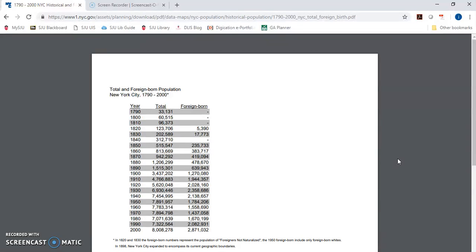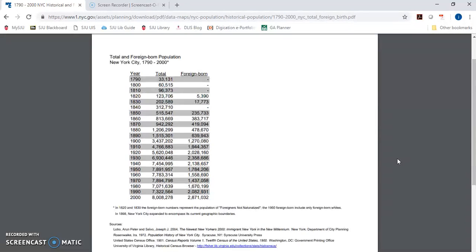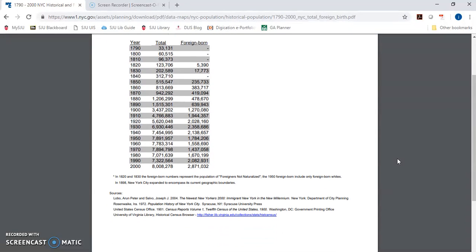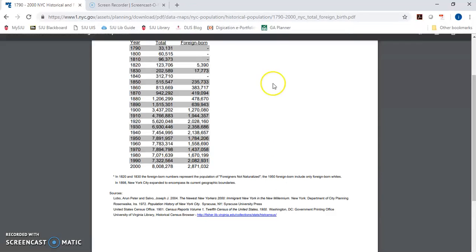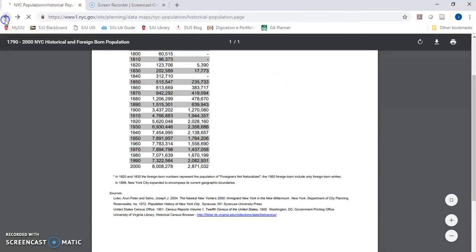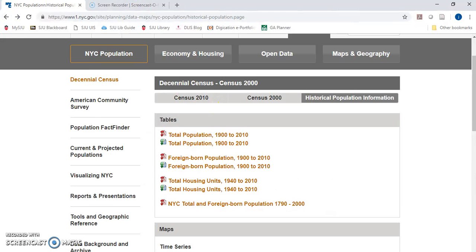It also serves to illustrate how information recorded in the census has changed over time by taking note of notes like these at the bottom saying that in the 1950s they only counted foreign-born whites in the census. So if you return back to the historical population information page